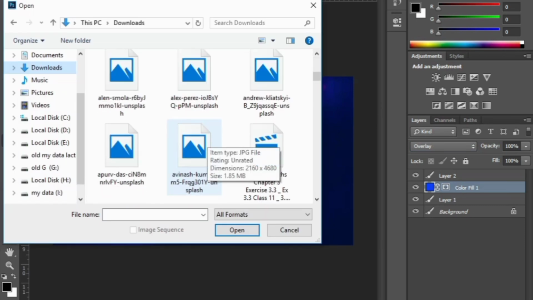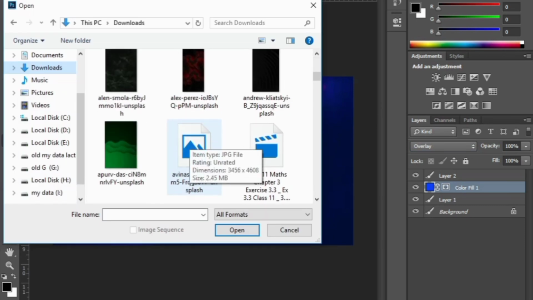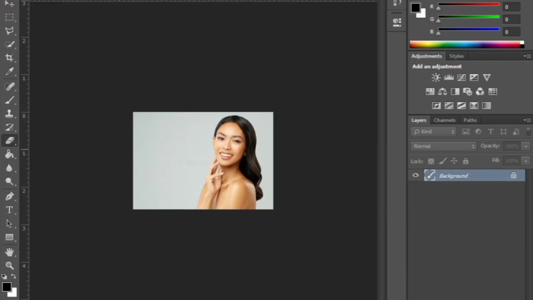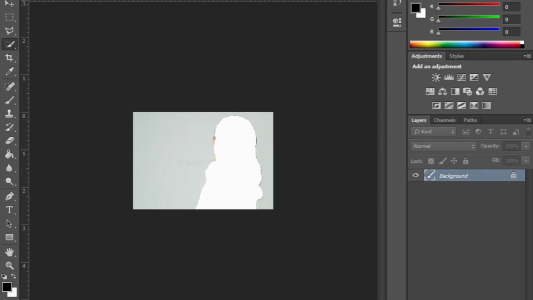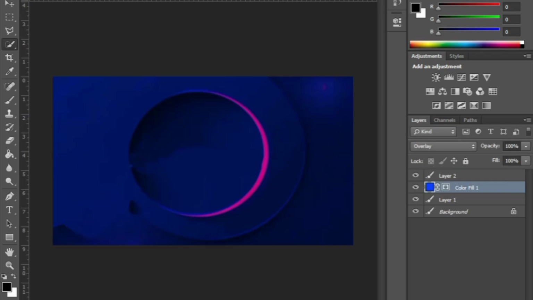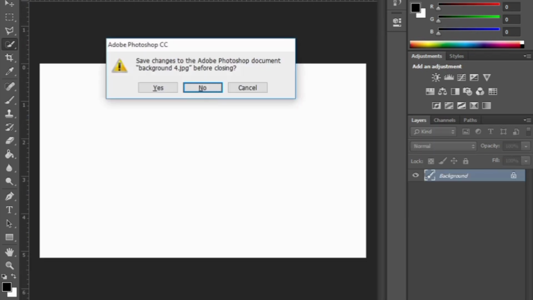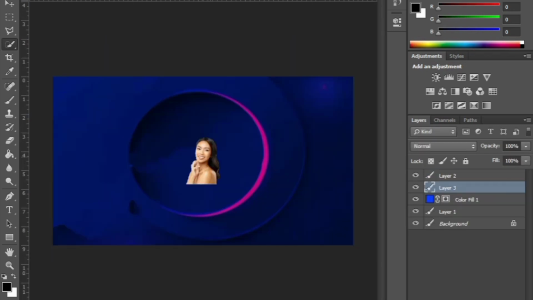Now you drag your photo from your file explorer. Now press Ctrl 8 to simply select the object. You can see my selection easily. Now I am trying to select the object. You can see my selection is completely selected. For select subject, now we cut with Ctrl X and paste to where we make a banner or flex